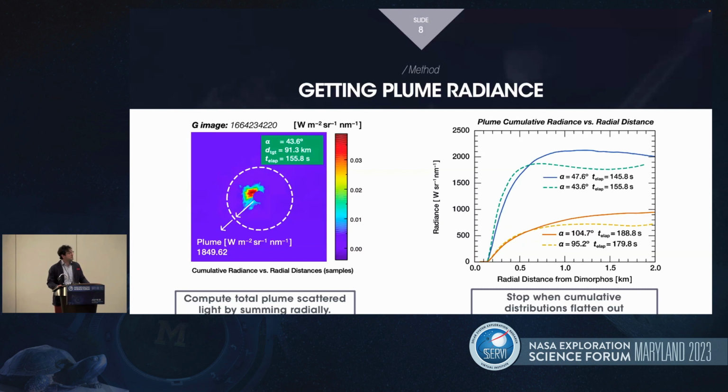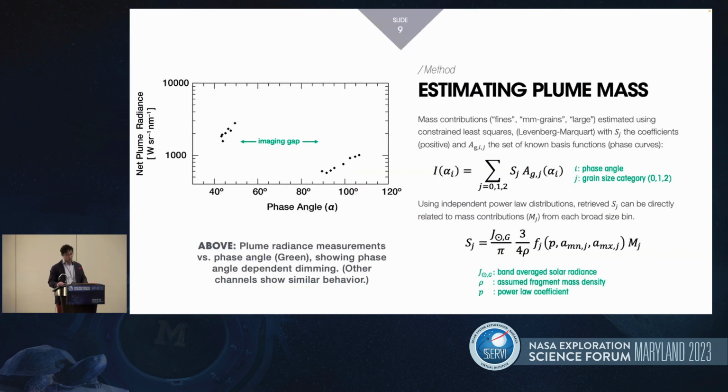We do that by integrating radially outwards, and we know that we've collected all the light when the integration starts to flatten out. We have some sample curves on the right that show you that for some of the images. Next slide, please. Once you do that for all of our sample images, you end up with this